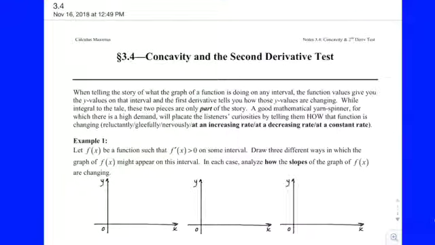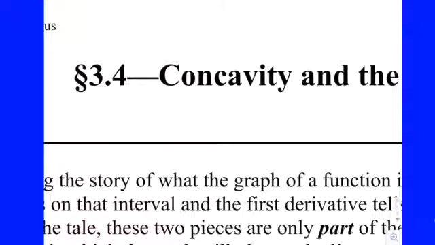Okay, so what we're doing now in 3.4 is kind of the same thing we did in 3.3 with the first derivative. The first derivative, remember, told us whether the function was increasing or decreasing. It gave us the slopes of the graph at any given point. In this section, we're going to be looking at what's called concavity,